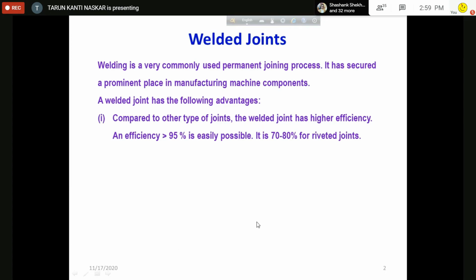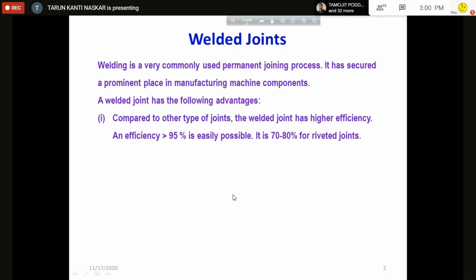You have to study the welding joint, because it is a very important thing. So study it from a book. In this class, there is no scope for discussing the workshop process of welding. This class is not for that. This class is for the design of the weldment joint, that means stress considerations, etc.